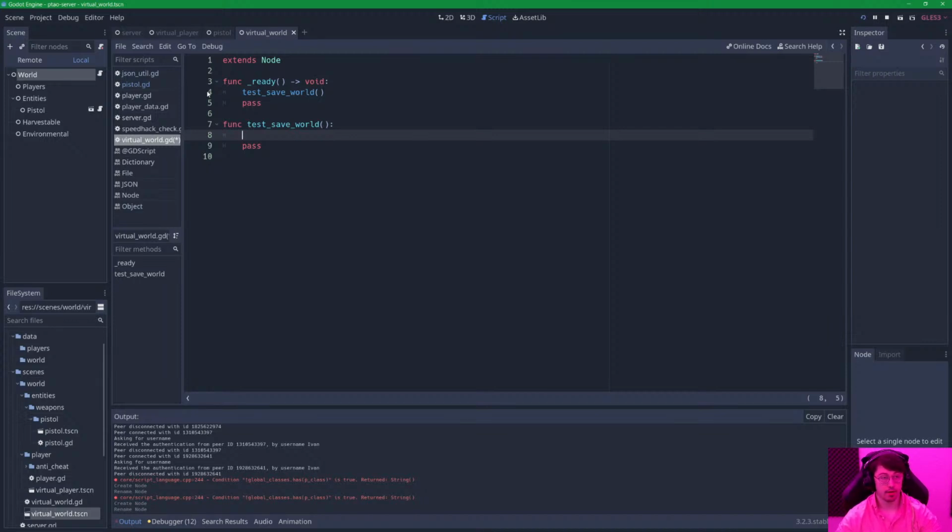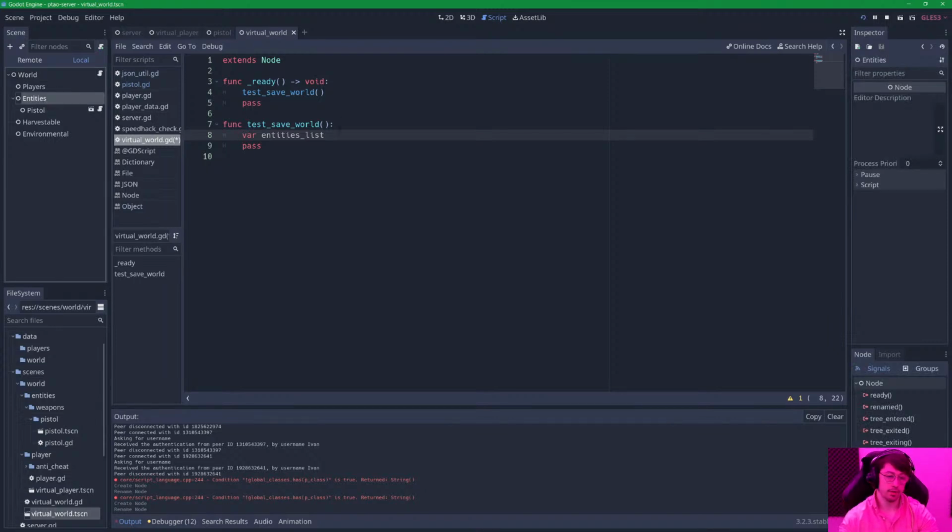Well, an interface, because this is Godot, we don't actually have interfaces. We want to get entities. We want to get a list of entities, which will be nodes, because we want to place this inside the entities